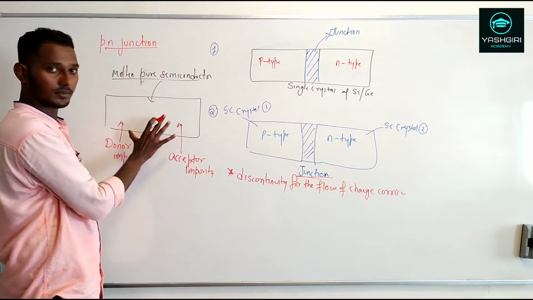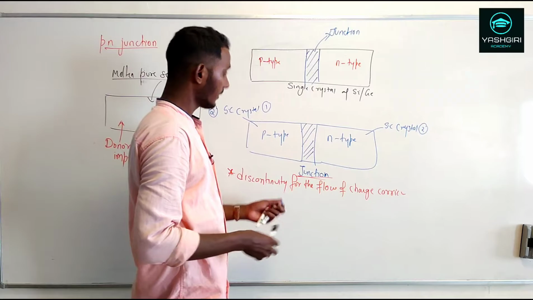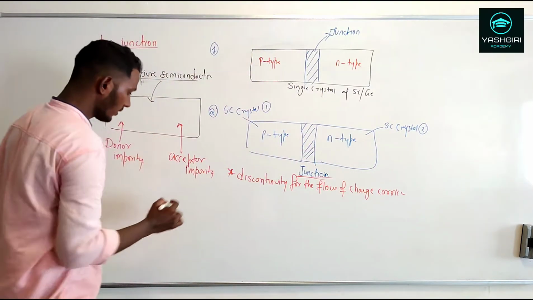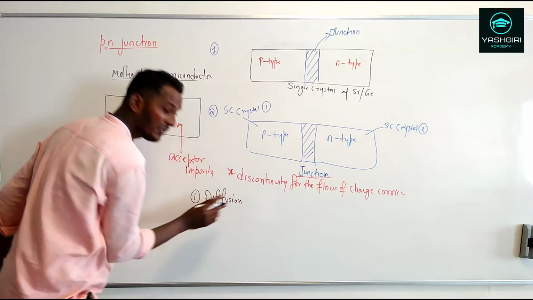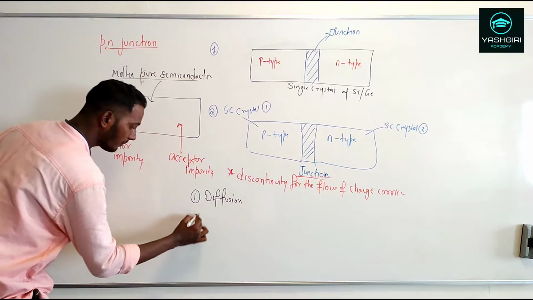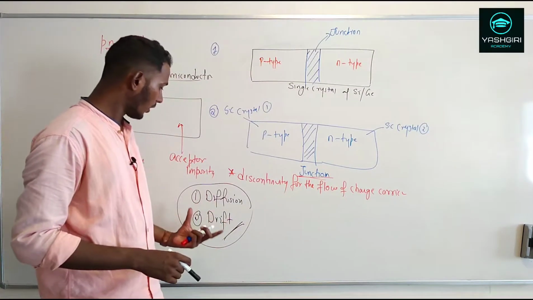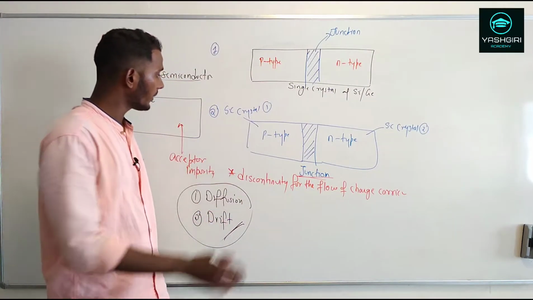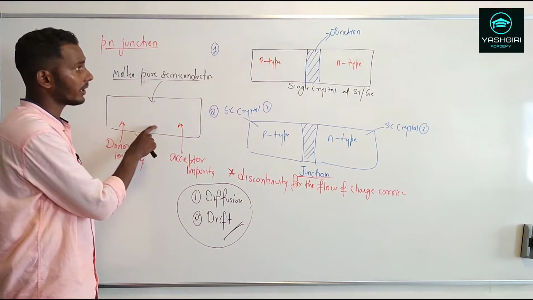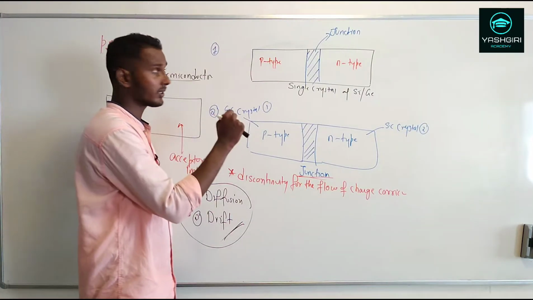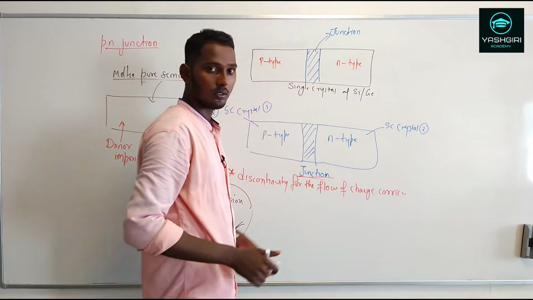During this process, two important processes happen while the p-n junction is formed. The very first one is diffusion, the diffusion of the charge carriers, and the second process is the drifting of the charge carriers. Our job is to study these processes right from when you start doping the acceptor and donor impurity in this pure semiconducting crystal till the equilibrium state is reached, that is, when a proper p-n junction is formed in this crystal.